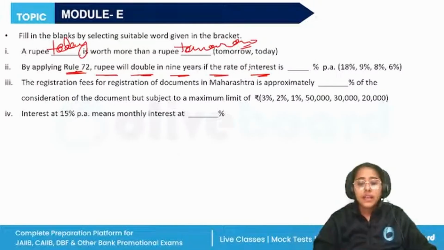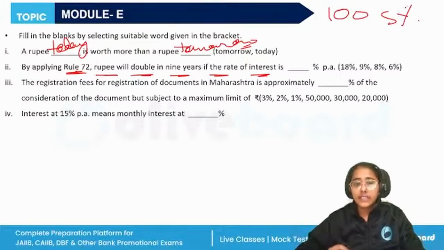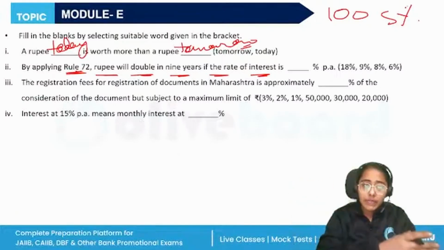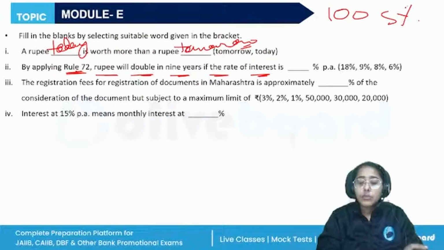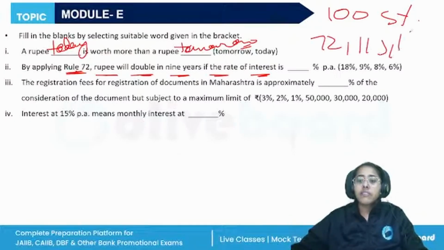Right? For example, if 100 rupees was invested today at a 5% compound interest rate, it would accumulate to 105 at the end of 1 year. Simply, what we'll do, we'll multiply rupees 100 with 1.05, to 110 at the end of 2 years, and so on. All right. So there are certain rules which are given: Rule 72, 115 and 144.